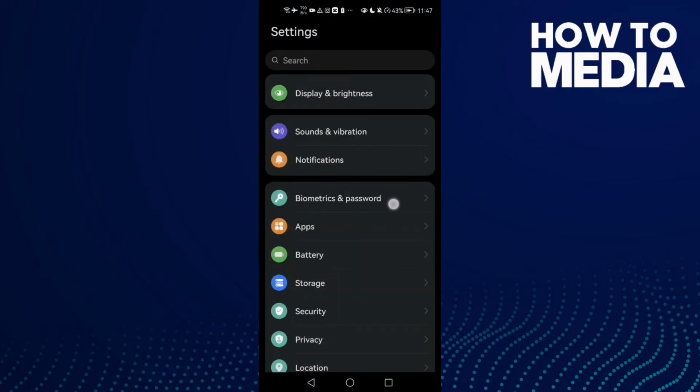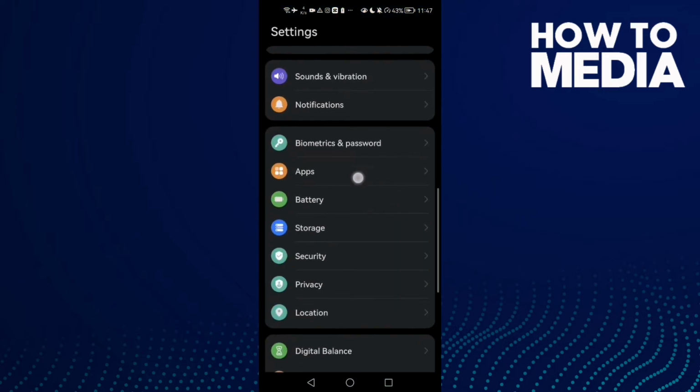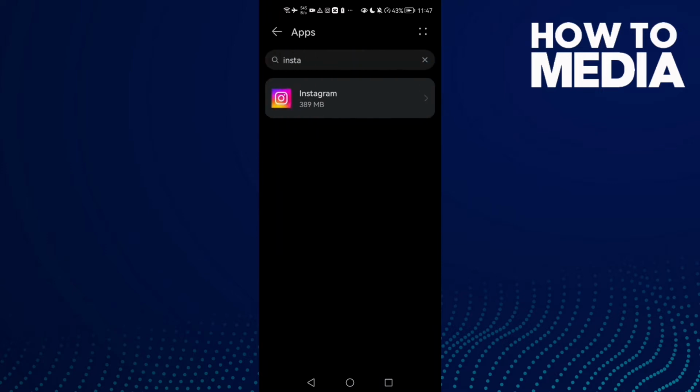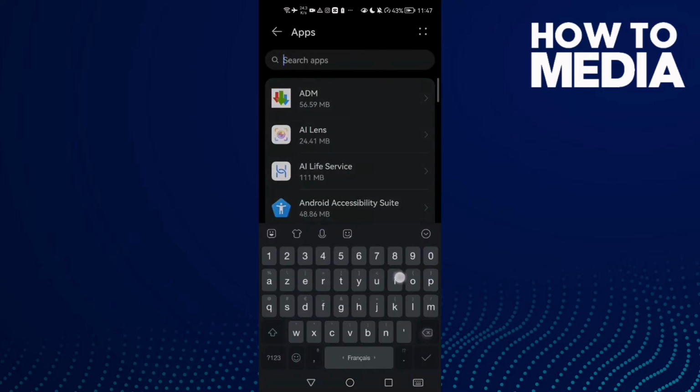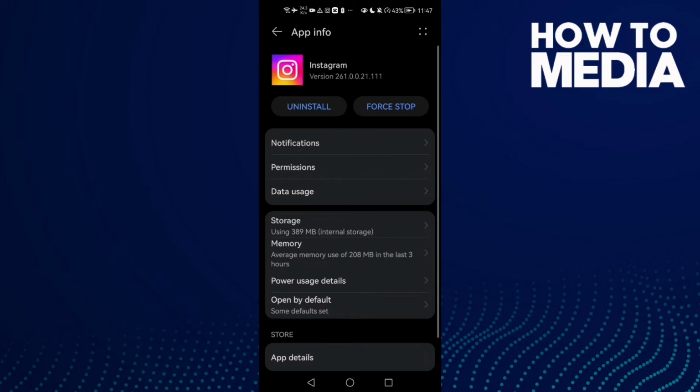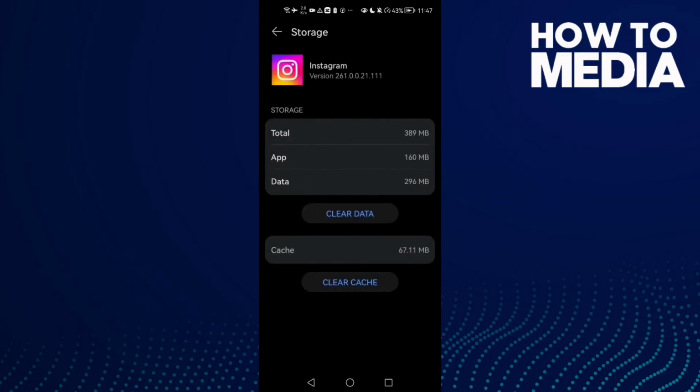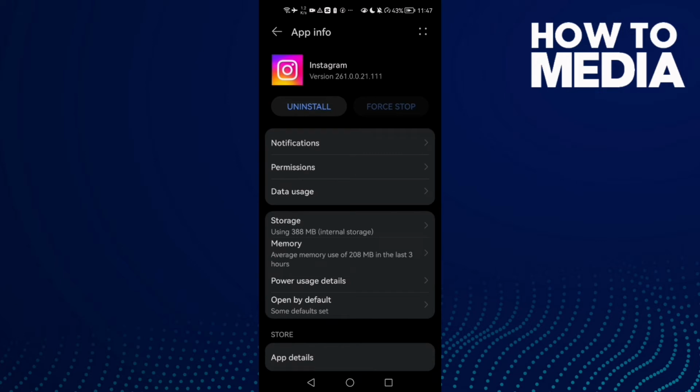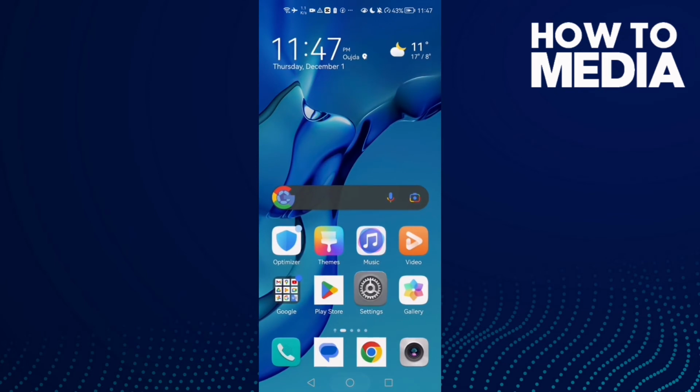First go to settings, scroll all the way down until you find here apps, then click apps again. Now type here Instagram, click on it, click force stop, go to storage, clear cache, and that's it. Now if that doesn't fix your problem, go back, restart your phone and try again, and go